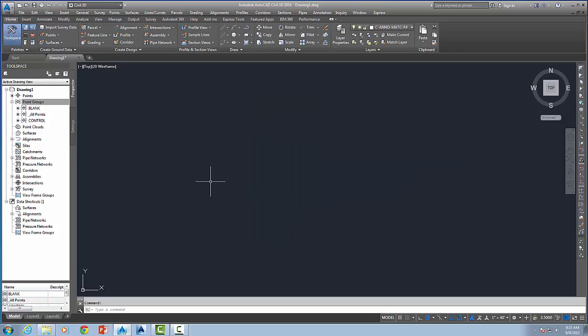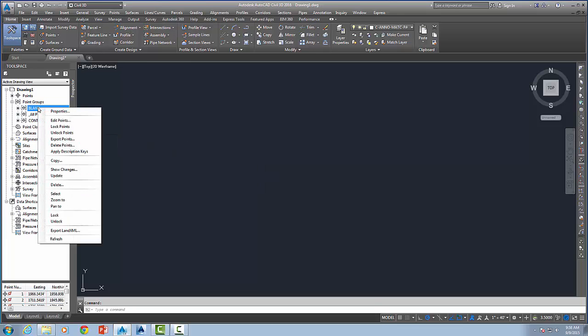Now what's happened to our points? Notice over here the blank point group is sitting above all of these. So from a hierarchy standpoint, it's turned everything off. So what we're going to do is